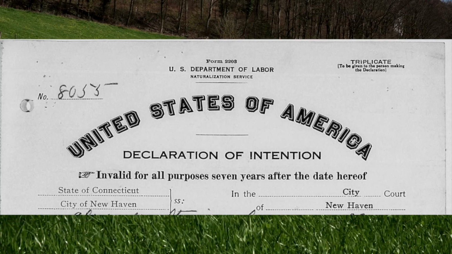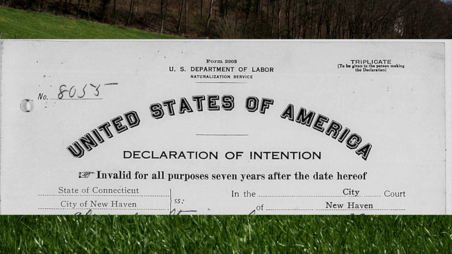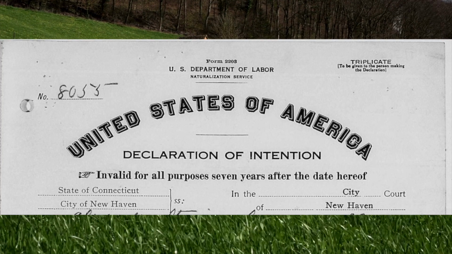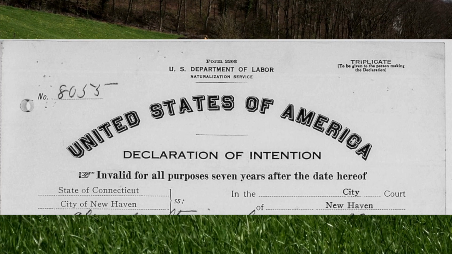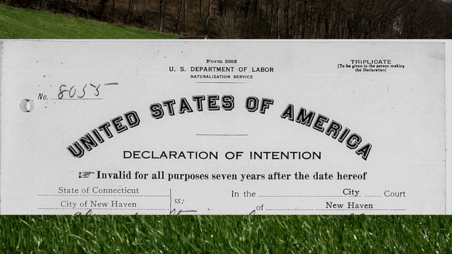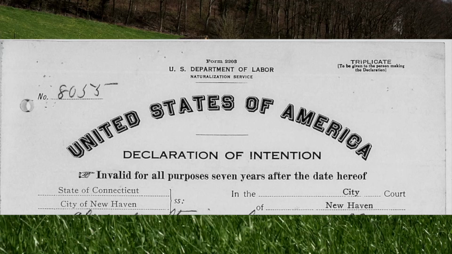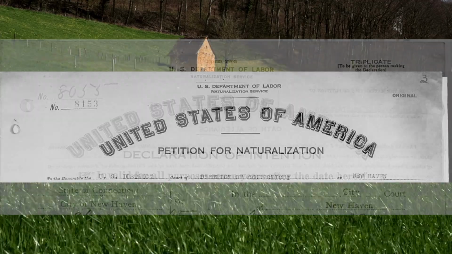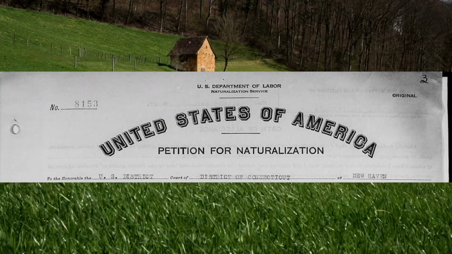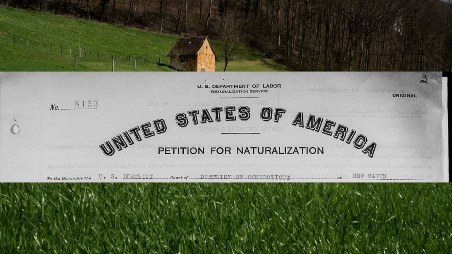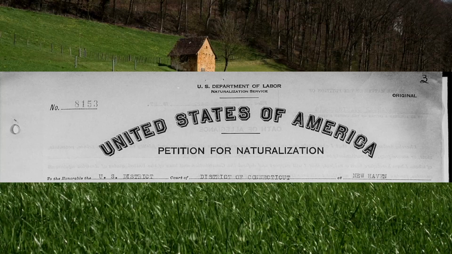They were there doing their thing, and then they're like, yes, I think it's time that I want to declare my intention to be a citizen. So you filled out a set of paperwork called Declaration of Intention. And then during that same period of time, there was a petition for naturalization, which were your second papers. But these, if you look at these, and I'll put up examples, you can see the examples here,